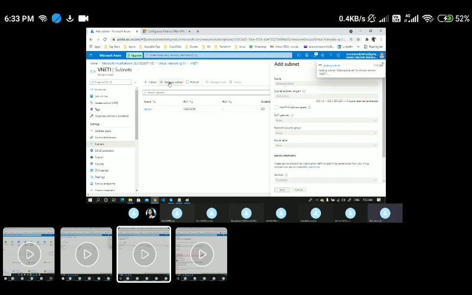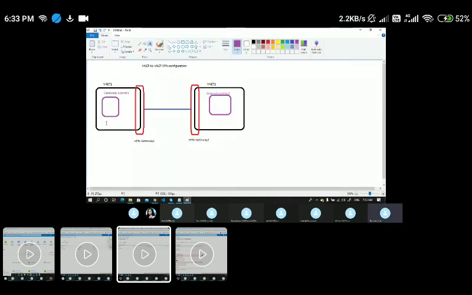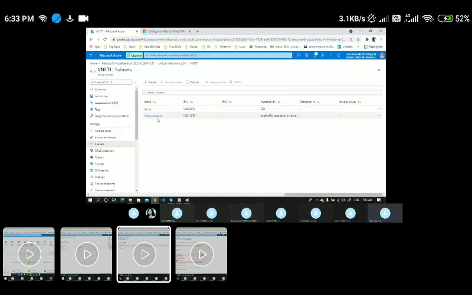Okay, so here you need to come and create a gateway subnet. Okay, this I am done, and let me go to VNet 2, and for VNet 2 also let me go ahead and create a separate gateway subnet. You can see here I have created a separate subnet called gateway subnet.